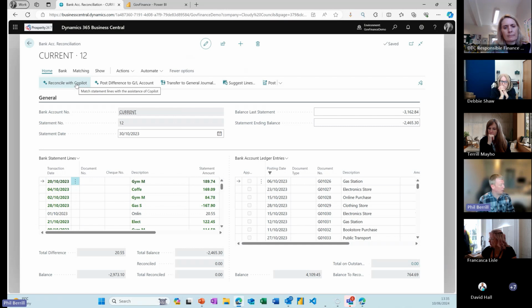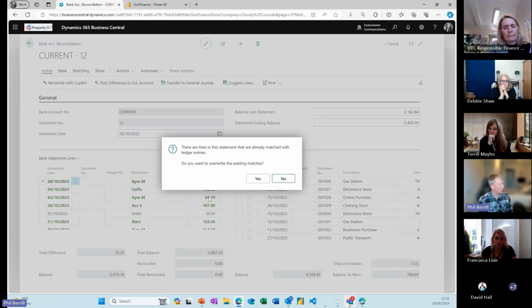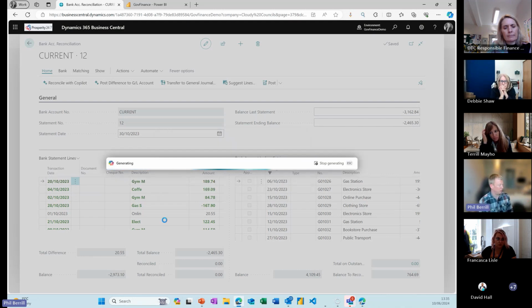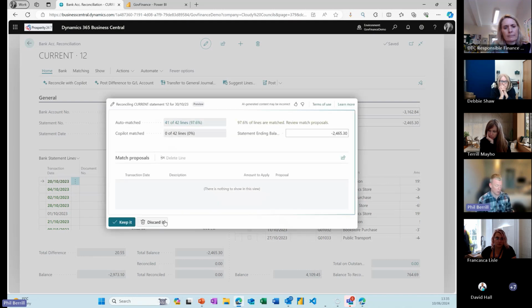So when it comes to reconciling, you just go reconcile with Copilot. This will create matches. So basically it looks at both sets of data and creates the matches for them. If it cannot find a match, which does happen, so let's say there is a direct debit payment, nothing is posted in the system, it will then suggest where to post that, and it learns from